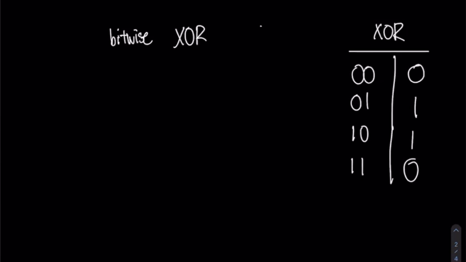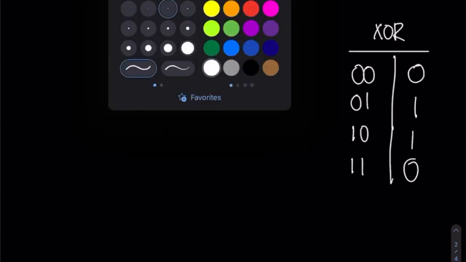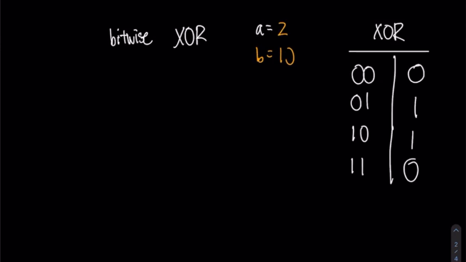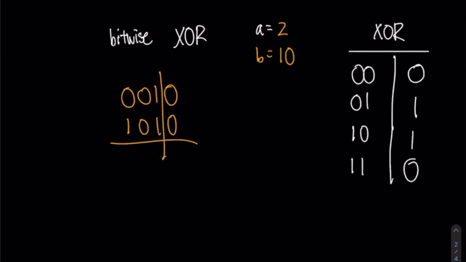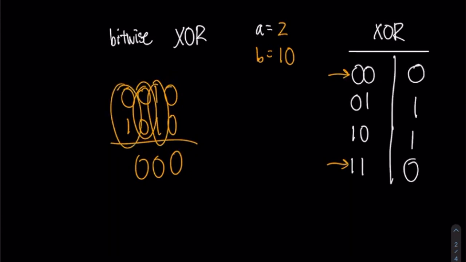Now, if we use the same values that we used before, with A being 2 and B equaling 10, we find the binary representation of each one, with 2 being 0, 0, 1, 0, and 10 being 1, 0, 1, 0. And we have to find the vertical XORs for each digit. So 0 and 0 will be 0, according to our truth table. 1 and 1 will be 0. 0 and 0 will be 0. And then 0 and 1 will be 1 because we need one of the digits to be 1